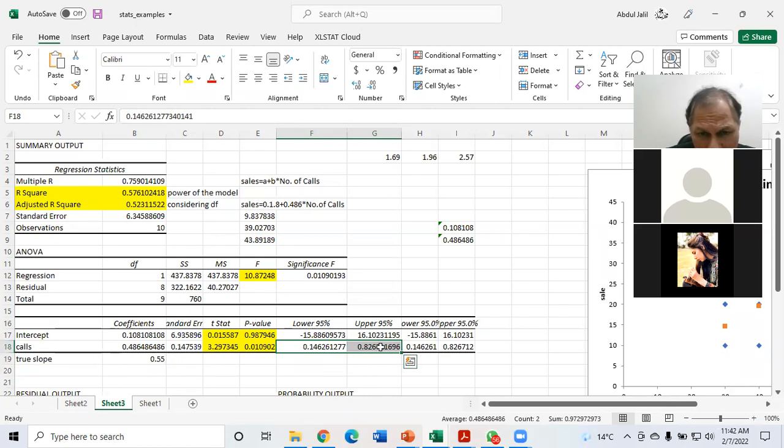So whenever you mention the interval, it means you say you are 95% confident that the slope value will lie between 0.146 and 0.826, in between that. So if the actual value is 0.55, it will definitely lie within the range and your answer is true, right? In the case of a confidence interval, it actually increases the scope of picking the right value in a more effective way. Otherwise, this is called a point estimate, whenever you focus on only one answer, but this gives you the range, and the range mentions the interval in which that value is going to lie.